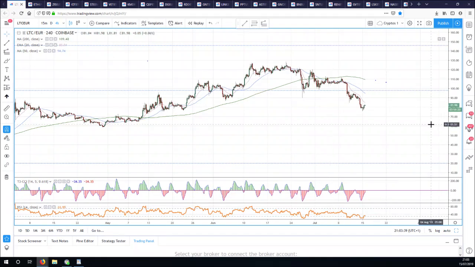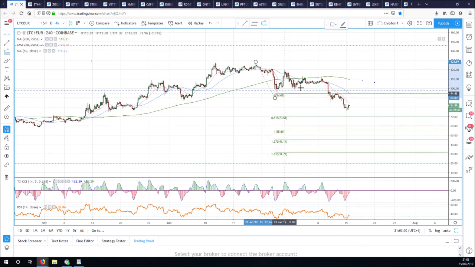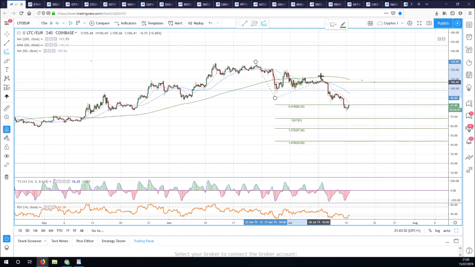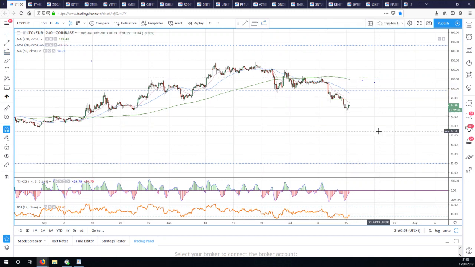And so at the moment, potentially, based on what we know about Litecoin dollar, this could be a really good level for Litecoin euro to find and make a bit of a base here. If I take a look at this, though, it has the potential to fall a little bit further to 73 and still be in that bullish pattern.